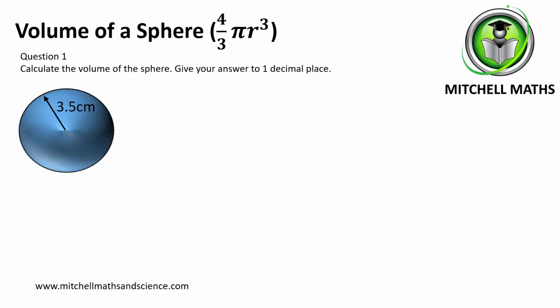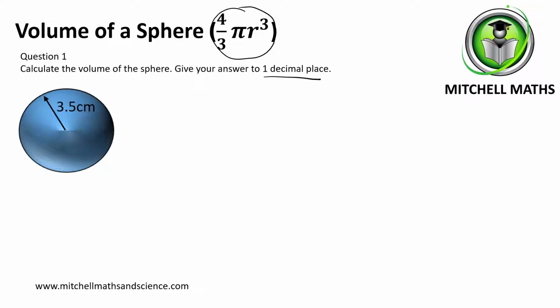What I've done is I've written the volume of the sphere at the top of the page. This is because you'll be given it in the formula sheet for your exam. If we look at the formula, as long as we know the radius, then we can work out the volume. So the first question is calculate the volume of the sphere, give your answer to 1 decimal